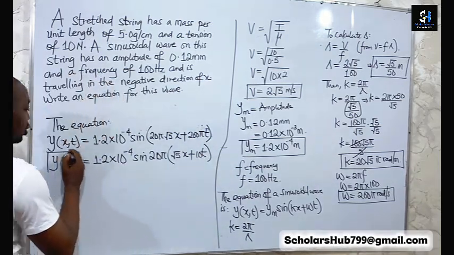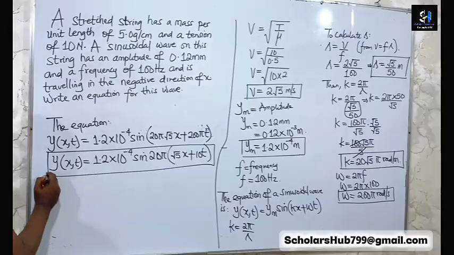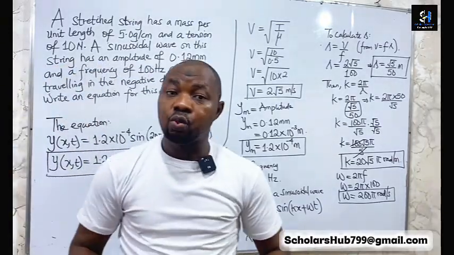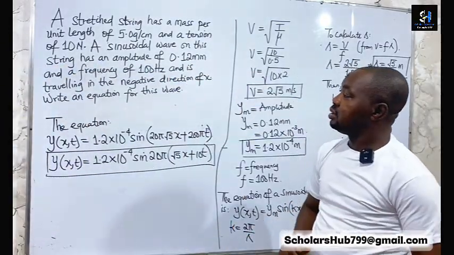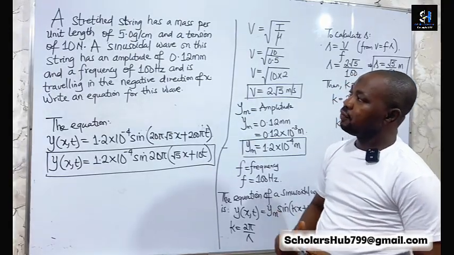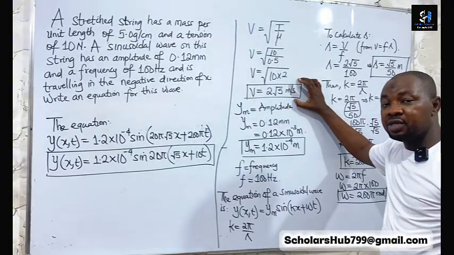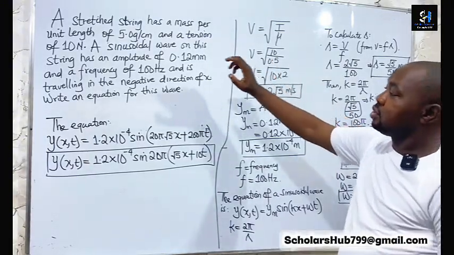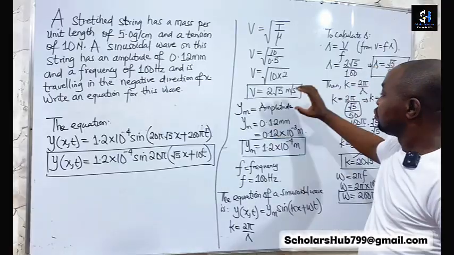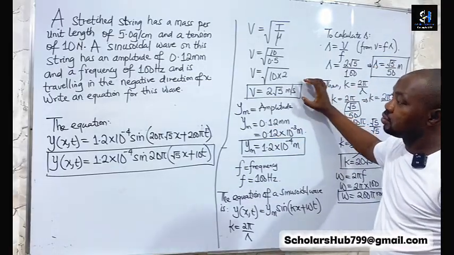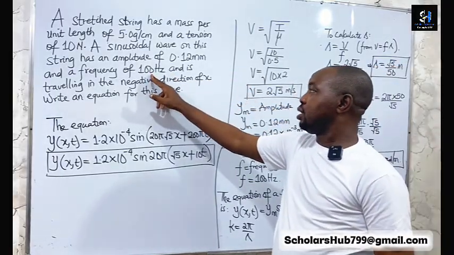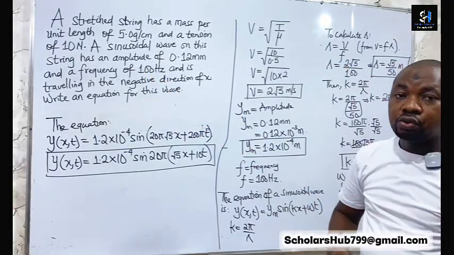So this is the equation of a sinusoidal wave traveling in the negative direction of x, with a speed of 2 root 5 meters per second, frequency of 100 hertz, and amplitude of